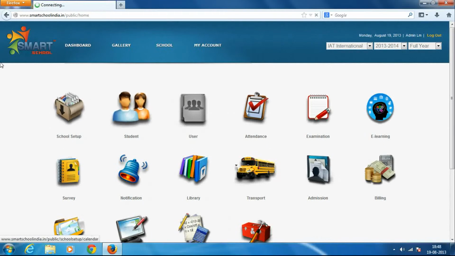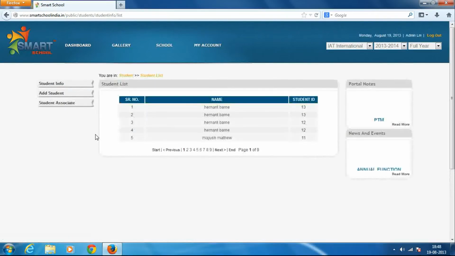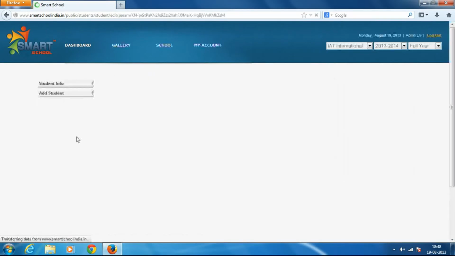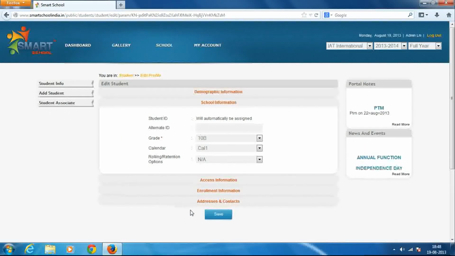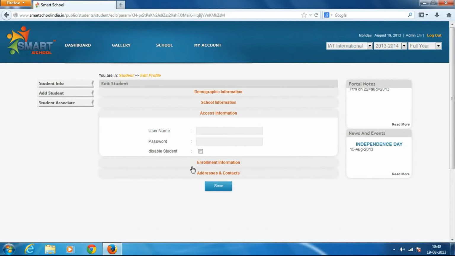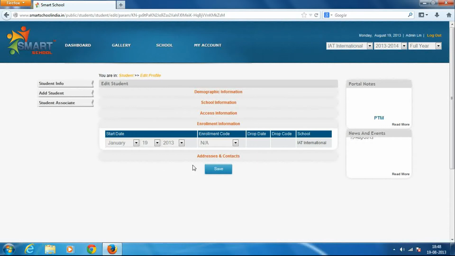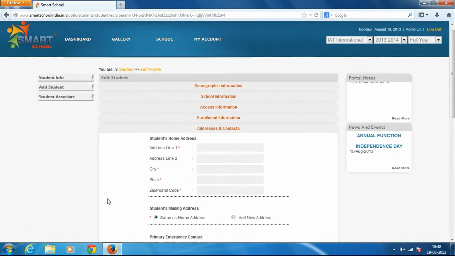Then we have students. In this, the students' data would be automated, like their first name, last name, their student ID, alternate ID, grade levels, school calendars, their date of birth, date of admissions, their phone numbers, their username, their passwords, enrollment information, and their parents' details and address as well.